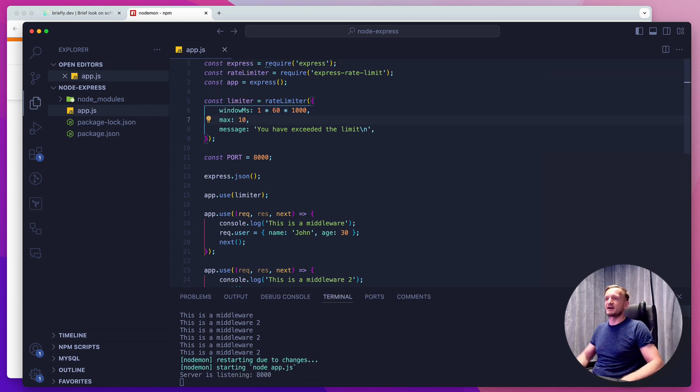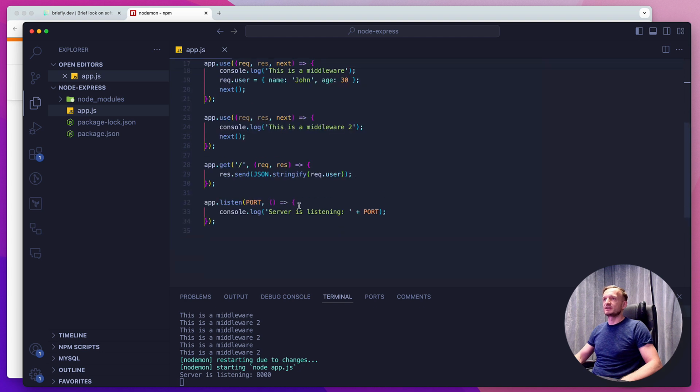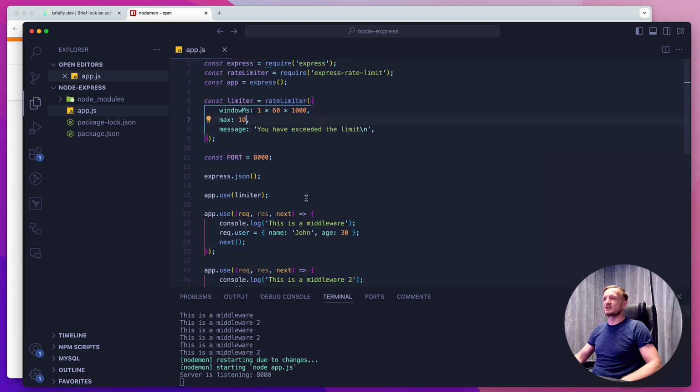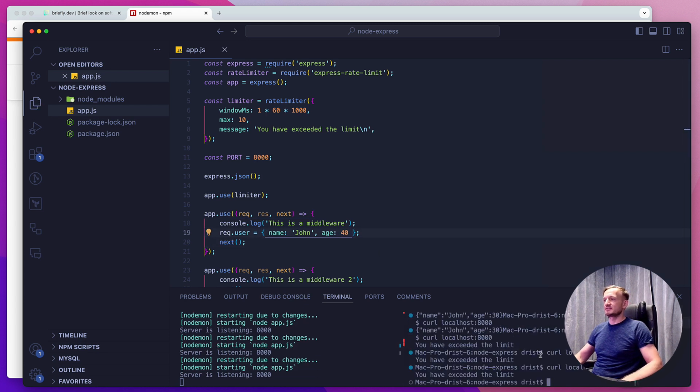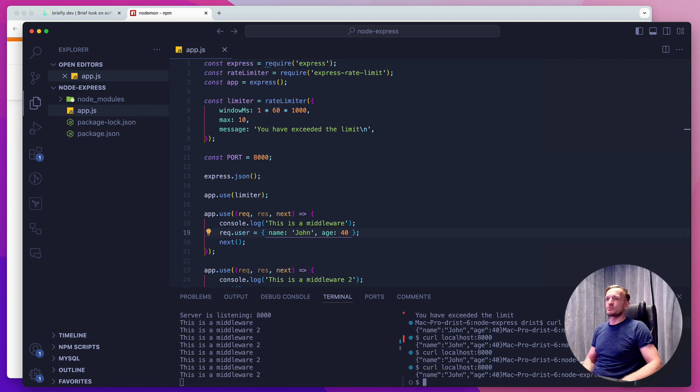We can change it back, another restart. We can make some change to the user. Let's say, let's bump up the age to 40. Everything is being checked, and we can do it one more time, hitting the middleware as usual, hitting the path, and we can do it, as you can see, very easily. So this is a very brief video, and it's a very lightweight package, but it's speeding up our